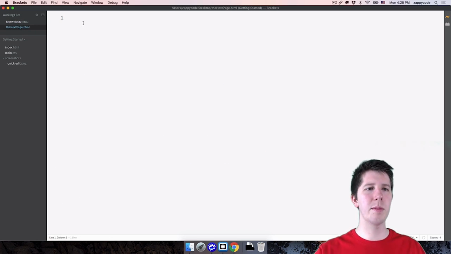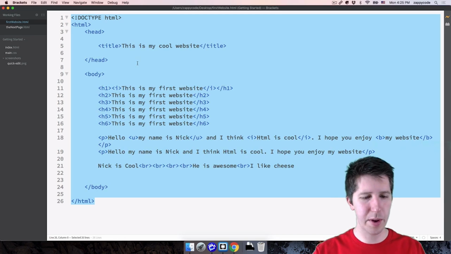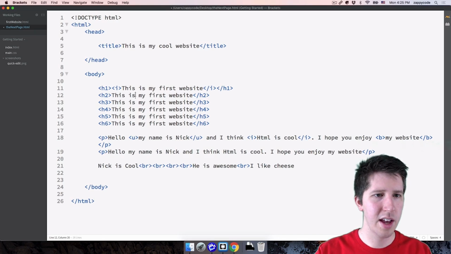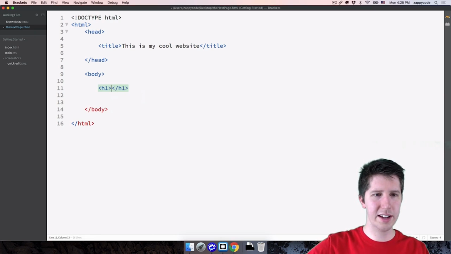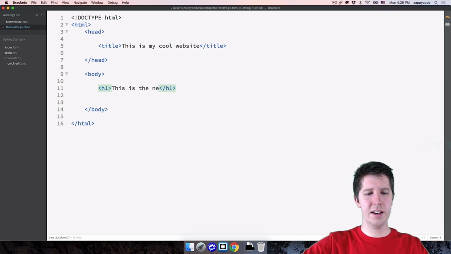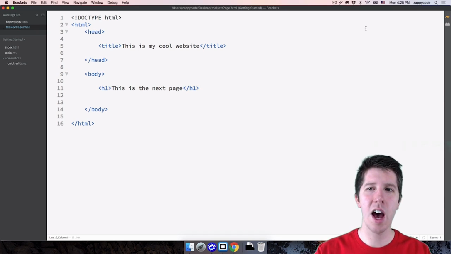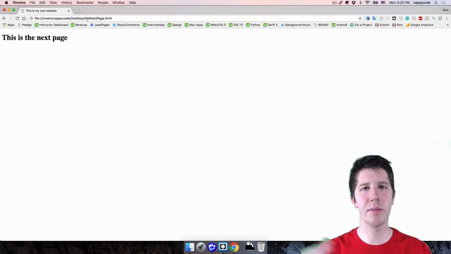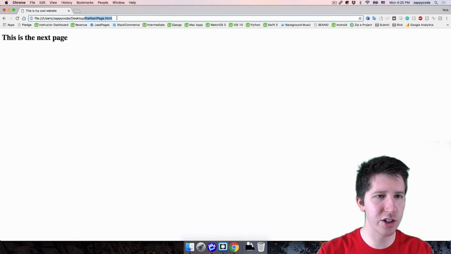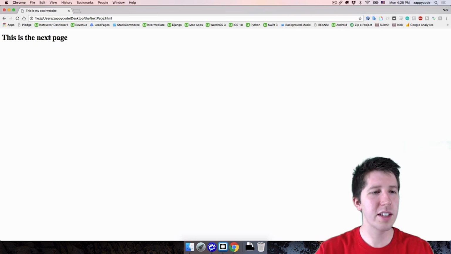And so now that I have the next page, let me just go ahead and put some text on there. Let's copy the basics that we've got here for an HTML page. We can get rid of a lot of this information. Maybe all I'll leave here is just an H1 tag that says this is the next page. Pretty simple, right? So if we go ahead and save this, we could hit this lightning bolt button to go see what it looks like, or we could go to our browser here, and you can see it's already showing up. Thank you, Brackets, for getting the right thing here. I was saying we could change this to next page.html, but it's already got it here. So you can see that's what this looks like.